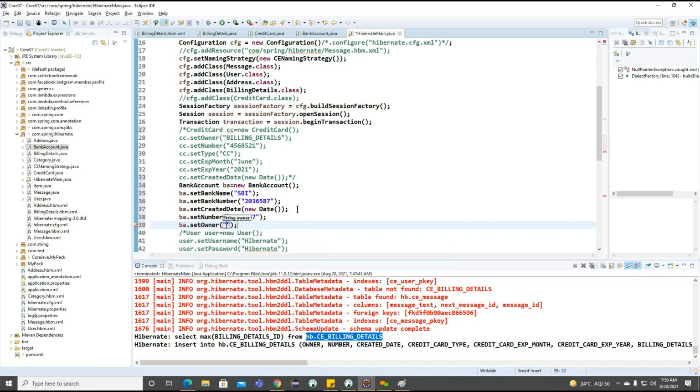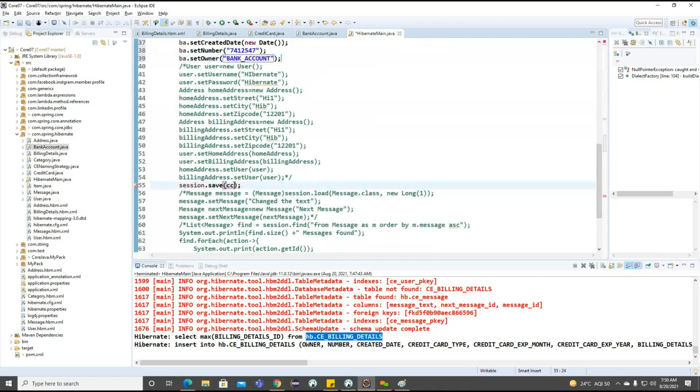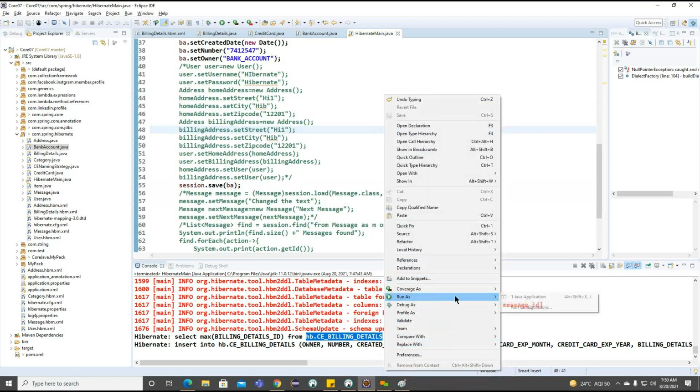Software number, owner we need to specify. This particular owner will go for the bank account. And here I want to save BA. Getting the point. Here I want to save BA here.